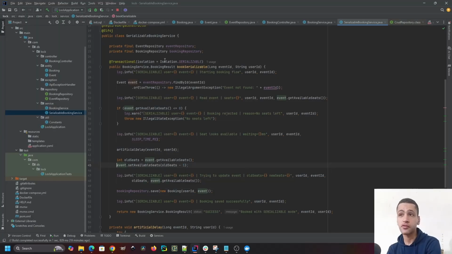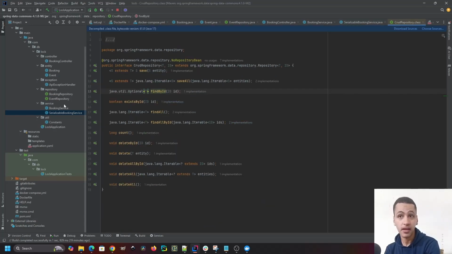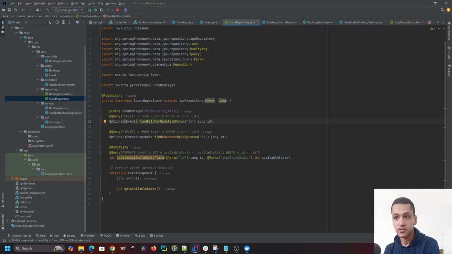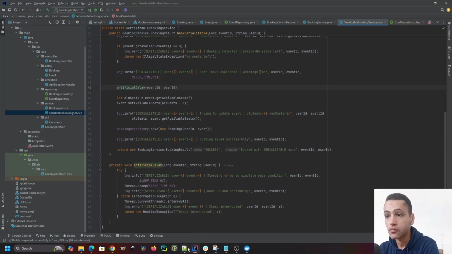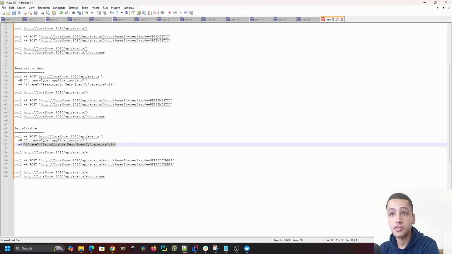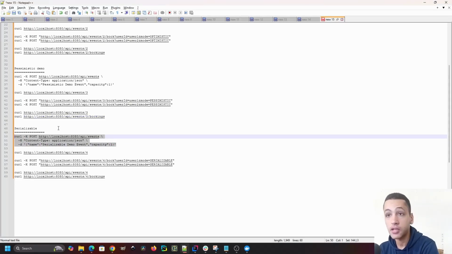This is on the level of isolation, and if you find by ID here, there is no locking happening. We don't really use locking. Okay, so that's basically it. Where is the serializable? Yes, in the serializable one here, we're going to take this and create a new